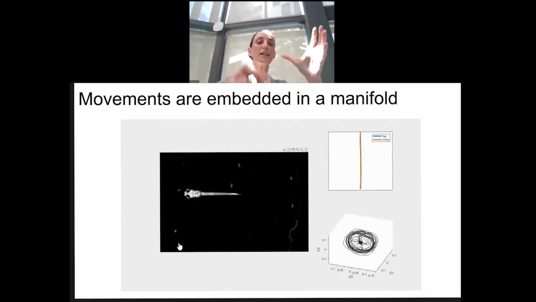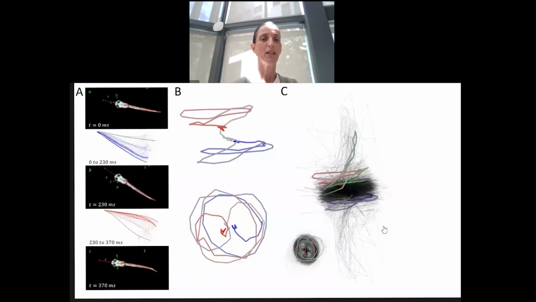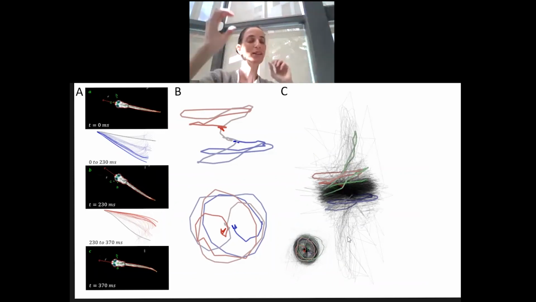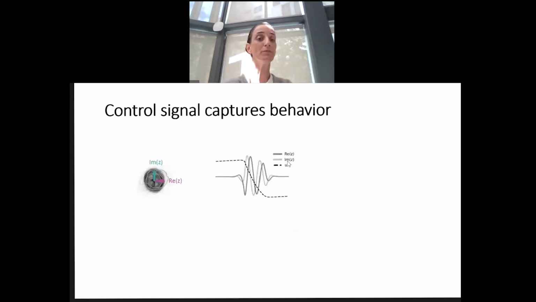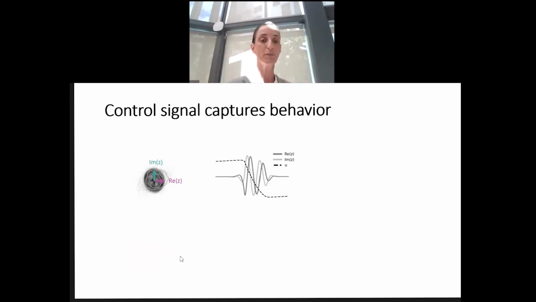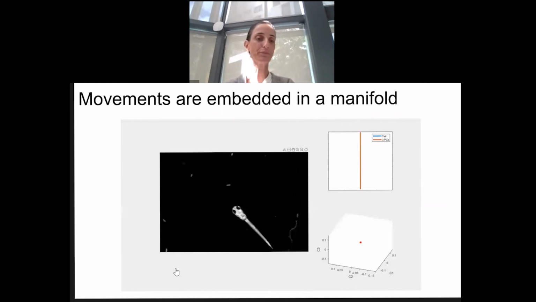As you can see here, I'm showing it from one angle, and you can see this circle. But basically it folds. All of the movements of the fish can be described on a manifold. And now, using this dynamic model, I can really explain the actual movement on this manifold, right? So if I have here a movement on X and Y, the movement that we saw just now, this circle, that's the movement.